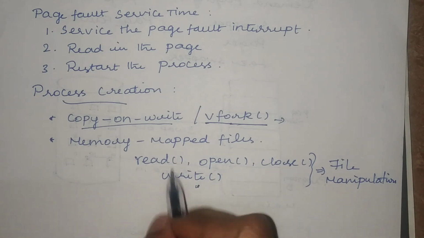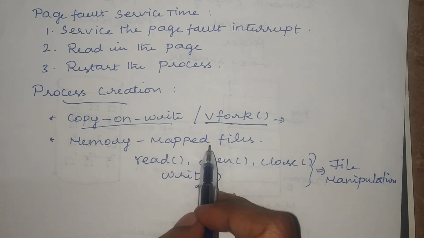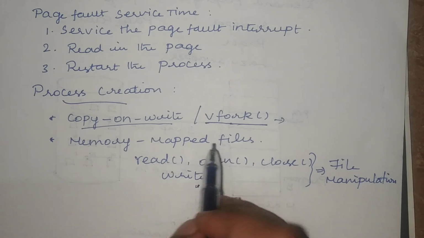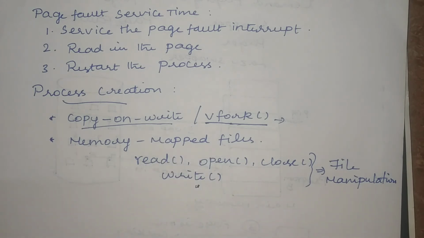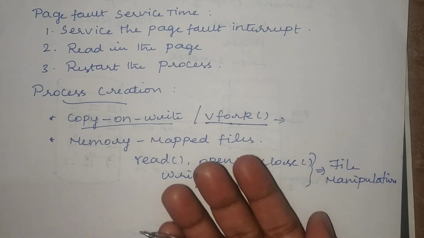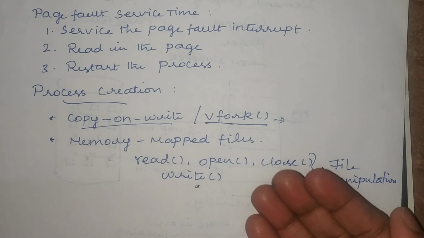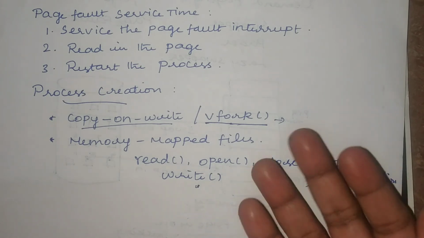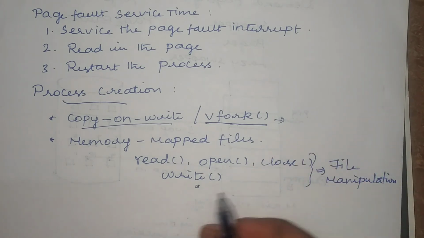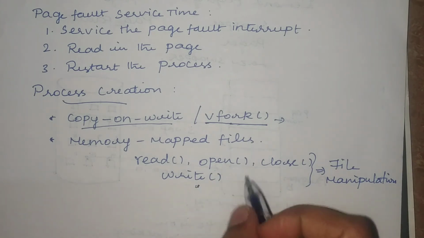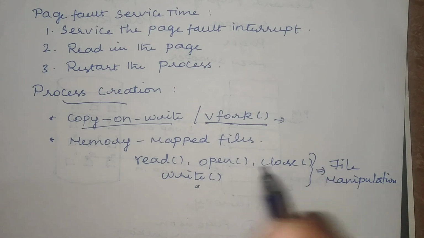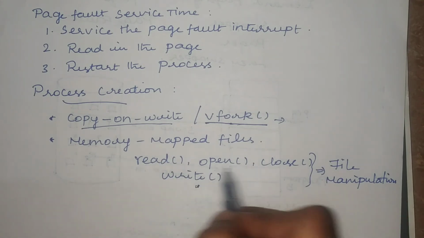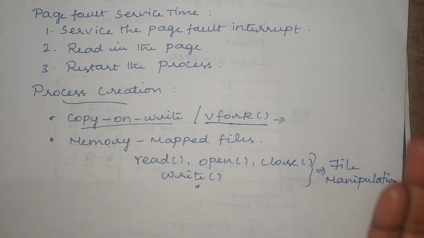Instead of using all these system calls, you can go with a technique called memory mapped files. This is available in virtual memory. So what is this technique? Memory mapped file is used to perform any IO operation. Directly we can have the connection between the CPU and the main memory. If you are using the system call, we are just allowing the operating system to take care of all these responsibilities, right? The operating system will do according to the system call that we provided.